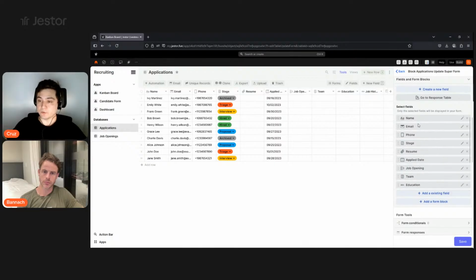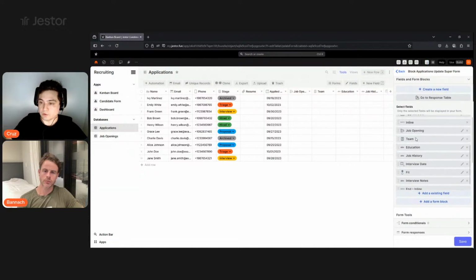And we can start rearranging the fields and adding blocks. What are form blocks? Form blocks are things that you can put in the form to customize the appearance or the functionalities, and they're not fields of information, but they affect the way that you're going to interact with this information. So just to give an example here, I'm going to use an inline block to go with job opening